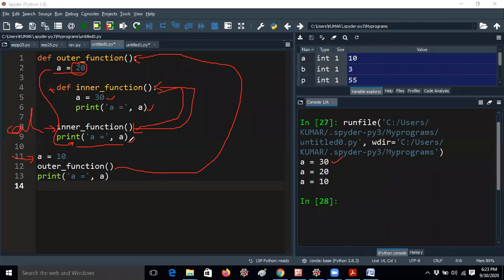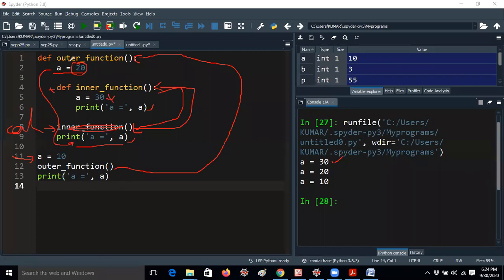For example, I asked and almost 25 students responded in the chat box. Out of 25, only 5 students' answers are correct. Everyone was confused, because if you give b here, nobody will be confused. But from the interview point of view, they may confuse you, guys. In interviews, they will ask only these types of questions. So after print a, the inner function concept is completed. Whenever the inner function is completed, this a value 30 will not be taken outside the inner function, because only whenever the inner function is called is the a value 30.